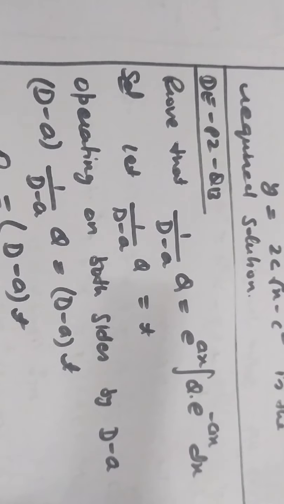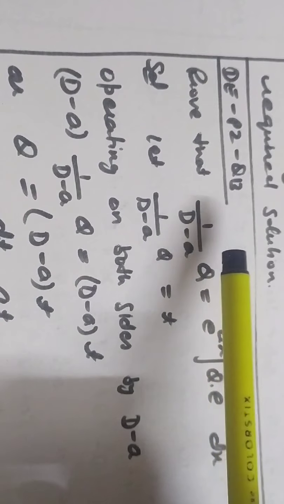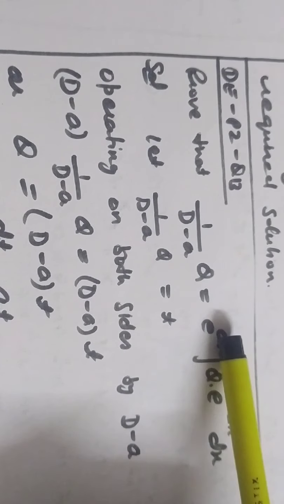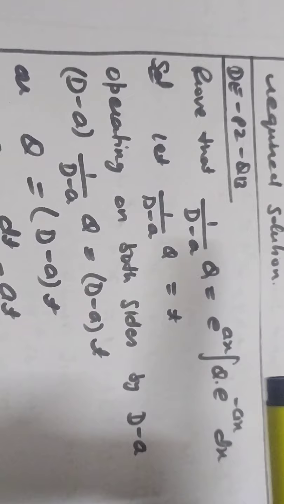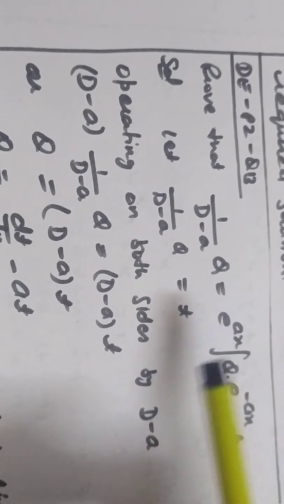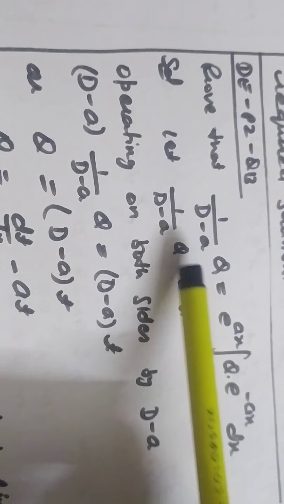Next question, differential equation paper 2, question number 13. Here this is the article question, that is you have to prove 1 over d minus a of q is equal to e raised to ax into integral of q into e raised to minus ax. You have to memorize this fact also, but in this question I am going to prove it. To prove this, I will consider 1 over d minus a into q is equal to